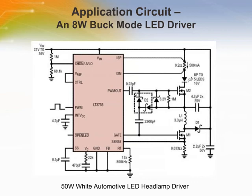This is a typical application of LT3755, which is an 8-watt buck mode LED driver with 50:1 pulse width modulation dimming at 20 kHz and 90% efficiency. This circuit shows a buck mode converter that regulates a 16-volt LED string at 500 milliamps from a 22-volt to